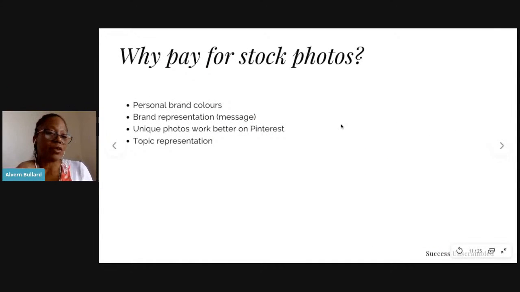So why pay for stock photos when you can get them for free? Well, the simple reason is if you have a specific brand image that you want to maintain, many times the free photos wouldn't cut it, as well as the actual message that your brand is presenting. So just because you're looking for a picture or an image or photo of someone in the gym, or even yoga photos, or someone in fitness, just as an overall fitness niche, you have different people in